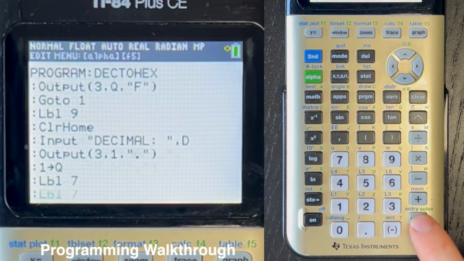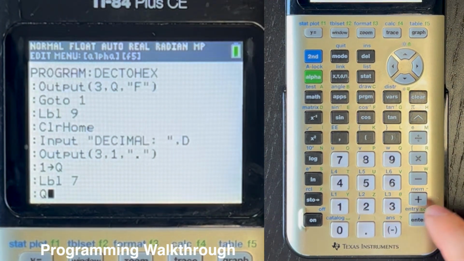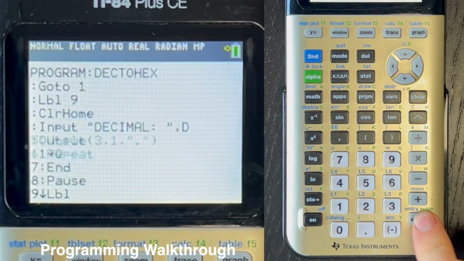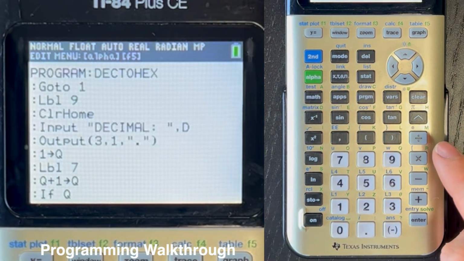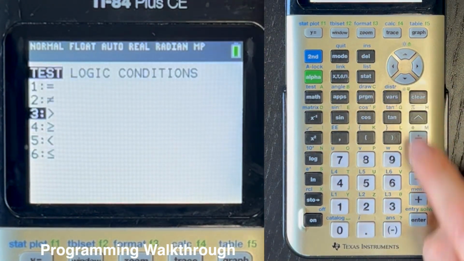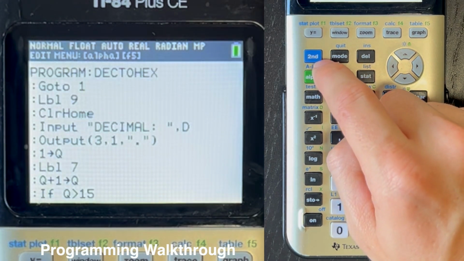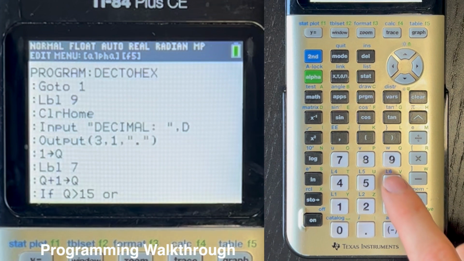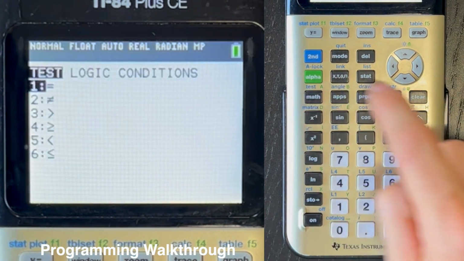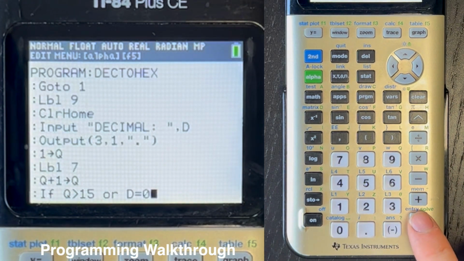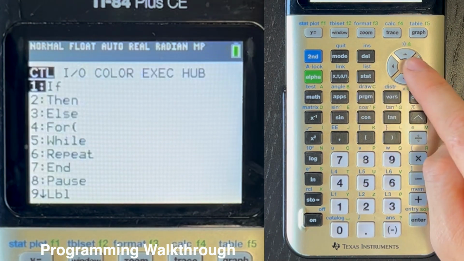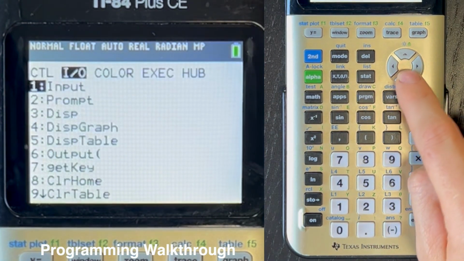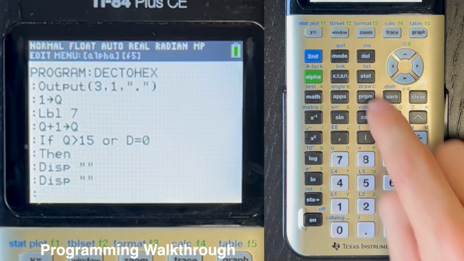program Lbl 7, enter, and Q plus 1 store as Q, enter, program If alpha Q is second math greater than 15, and then second math, and scroll over to logic and scroll down to or, second D equals 0, enter, program Then, program Disp, quotes, and then the same line again, and the same line one more time,